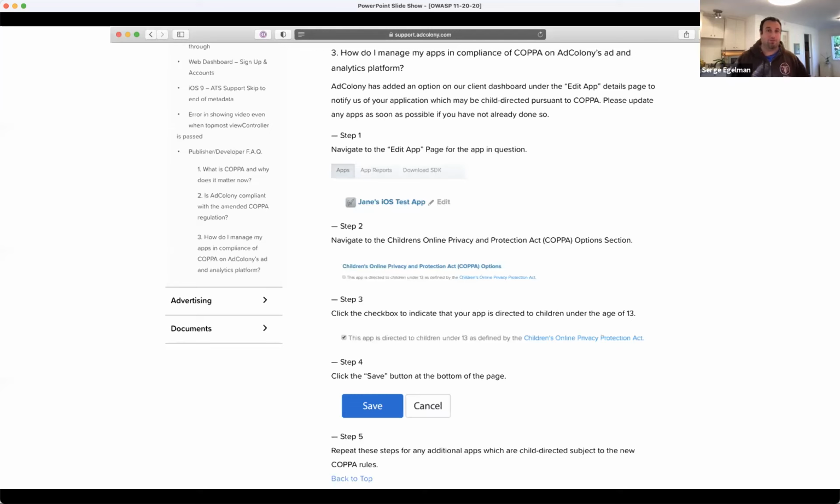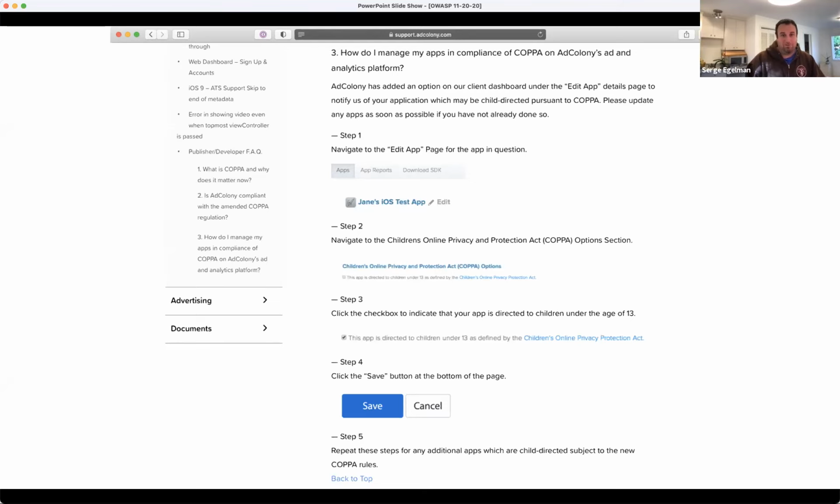And so let's look at what that means. Here's some documentation for one. Here's Ad Colony, which, if you know to look through the documentation to look this up, you're a step ahead of most. It took me significant time just to find where in their documentation it even talks about this. So you go to their website, there's a dashboard, and if your app is targeted at children, you click this box, and then that correctly configures the SDK.